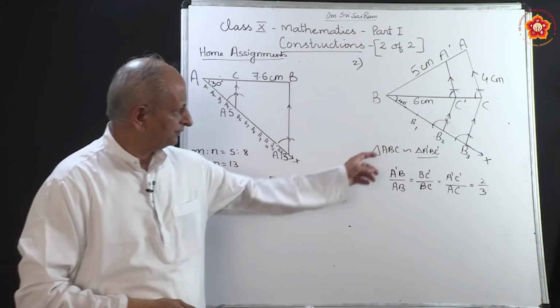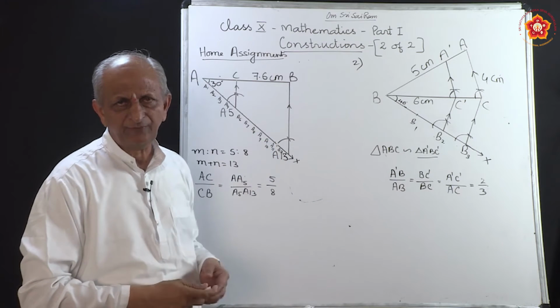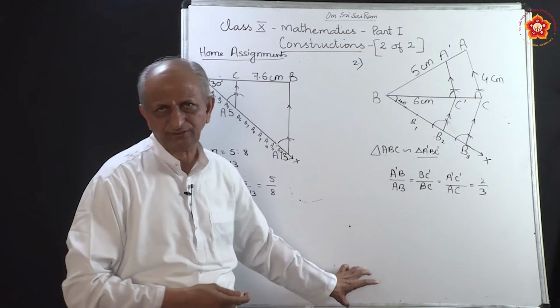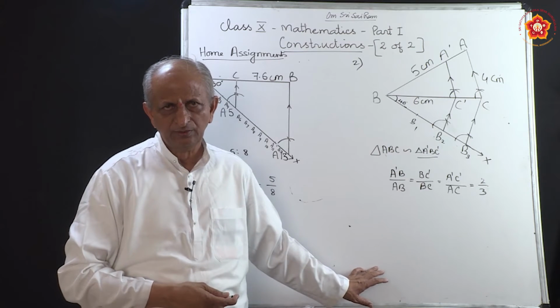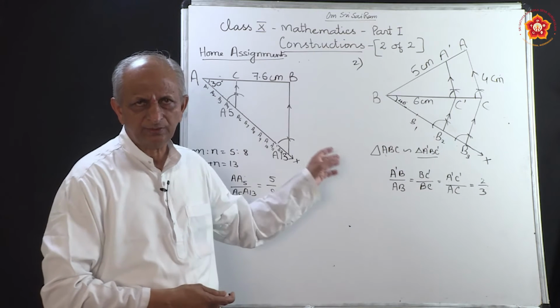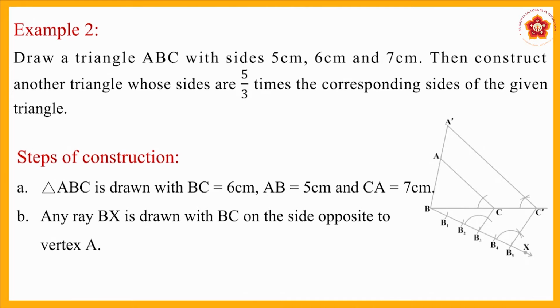This is a 3 marks question, this is a 2 mark question if it comes in the examination. In the same way you have to write the steps of construction, how you have done, that also you must explain. Okay? Now, let us see one more problem on this construction of similar triangles. Now, we will pass on to construction 4.